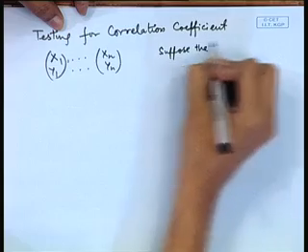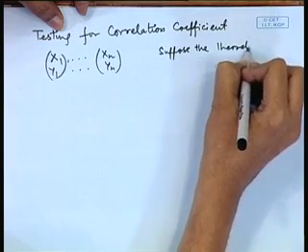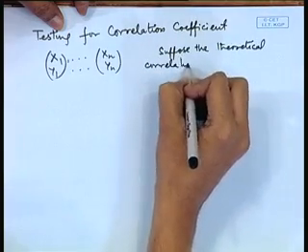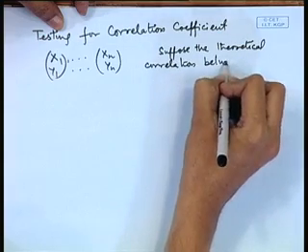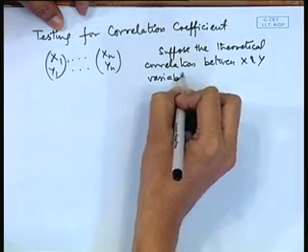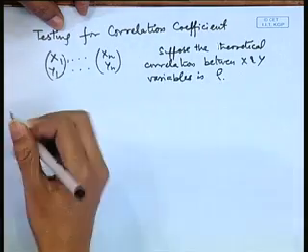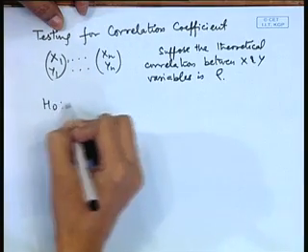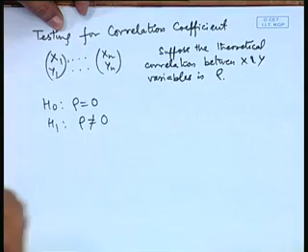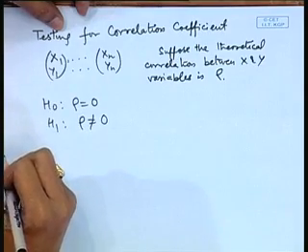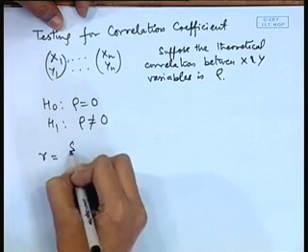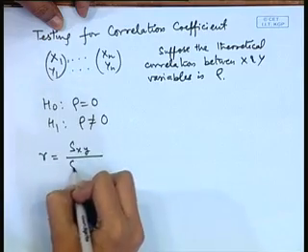Suppose the theoretical correlation between x and y variables is rho. So, we want to test whether rho is equal to 0 against, say, rho is not equal to 0. For this we calculate the sample correlation coefficient, that is R, equal to Sxy divided by